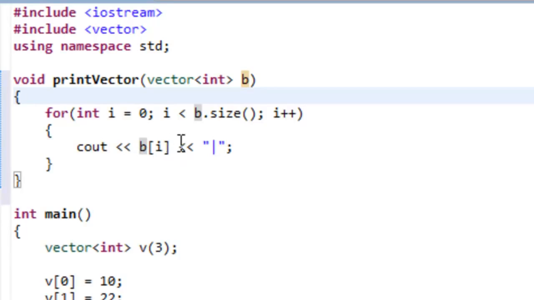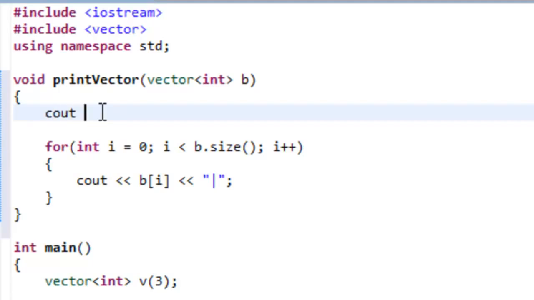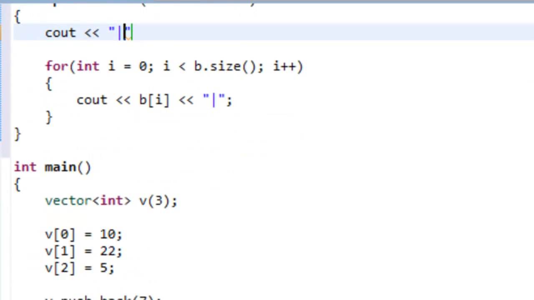All right, maybe the other thing that we'll do, right now we'll have a pipe symbol after every single value that we print out, but if you wanted to have a pipe symbol at the very beginning, you may want to do this cout, and then just put the pipe symbol there before the for loop, and that'll ensure that you have a pipe symbol at the very beginning. So let's go ahead and